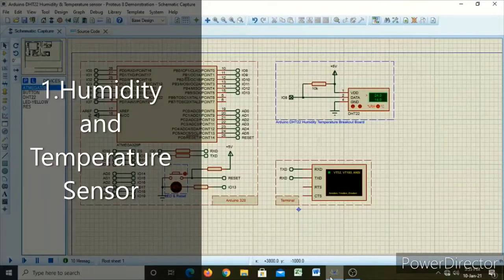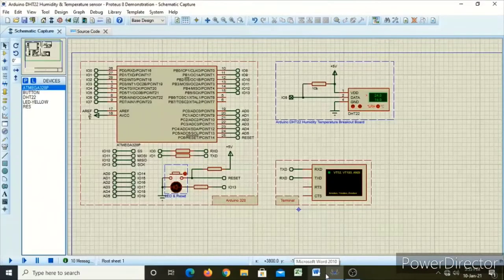The first project that we were asked to make was to use the Arduino DHT22 humidity and temperature sensor and simulate the system as per the given conditions. We were supposed to have an LED blink depending upon temperature and humidity conditions. For example, one such condition was that if temperature is less than 15 and humidity is less than 25%, then the LED should remain on for 1 second and the rest of the time it should be off.